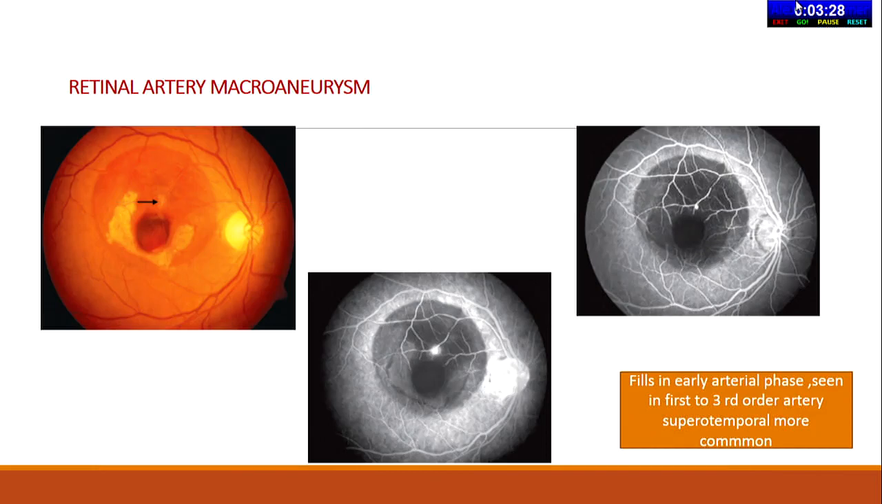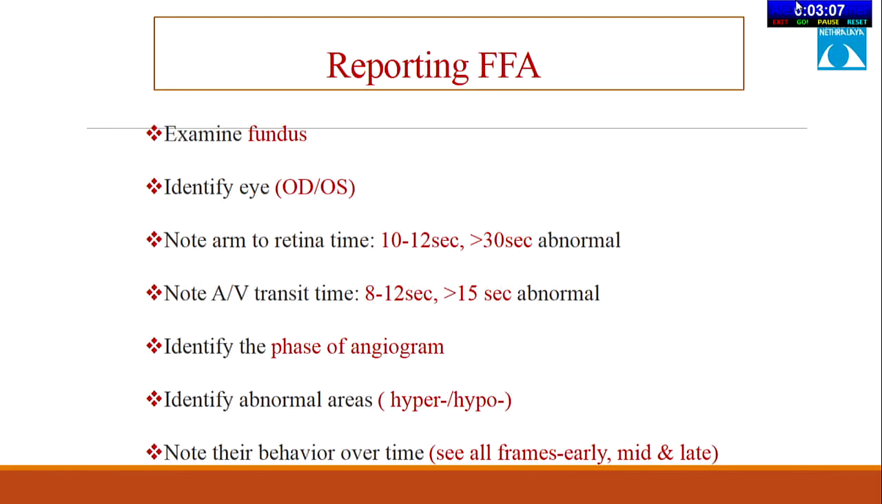Retinal macroaneurysms are not very common, but they can happen in ladies in the third to fourth decade, and they happen in the first to third order vessels, causing leak from the early phase of the angiogram and progressively increasing in size and intensity. So while reporting an FFA, we need to see first the fundus photograph, identify the eye,